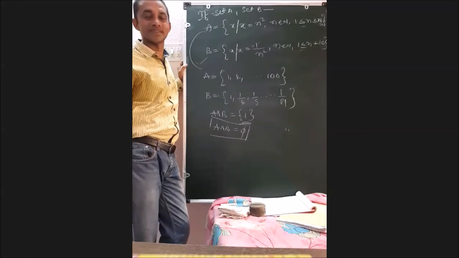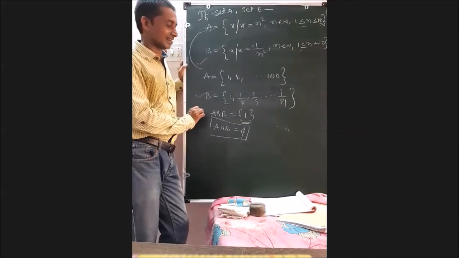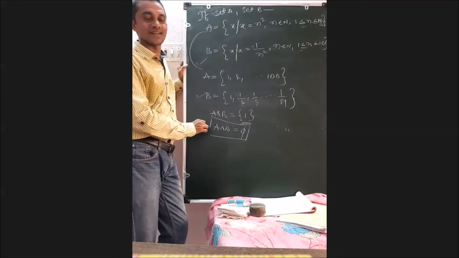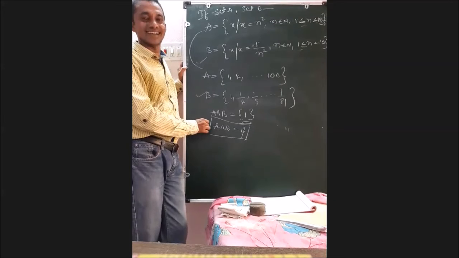Just put your answer in the chat box, children. Are A and B disjoint sets? From Nitisha, it is no. From Rakshita, no. From Sai Dikshit, no. Many people said no. Now for this answer, no one is saying yes, it is no. A intersection B is not equal to empty set.